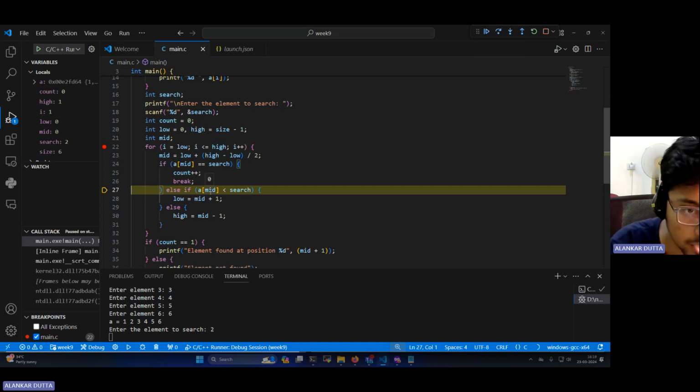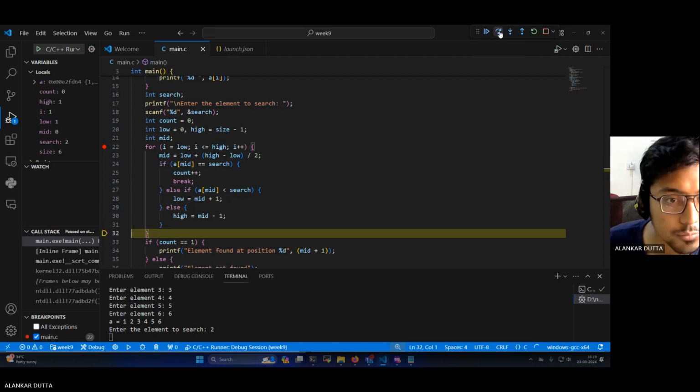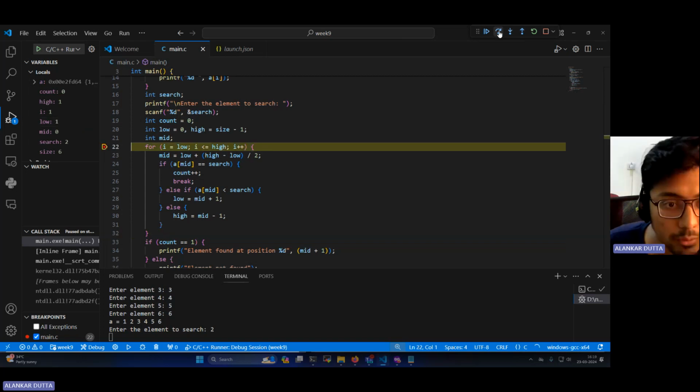So now we are at A0, so A0 is less than search. A0 is 1, so 1 is less than search. That's right. So we put low as mid plus 1, right? So let's see. The low is now set to 1, while we come back, and then we do something like i equals low. So you see low is 1 and i equals 1. So we come in here